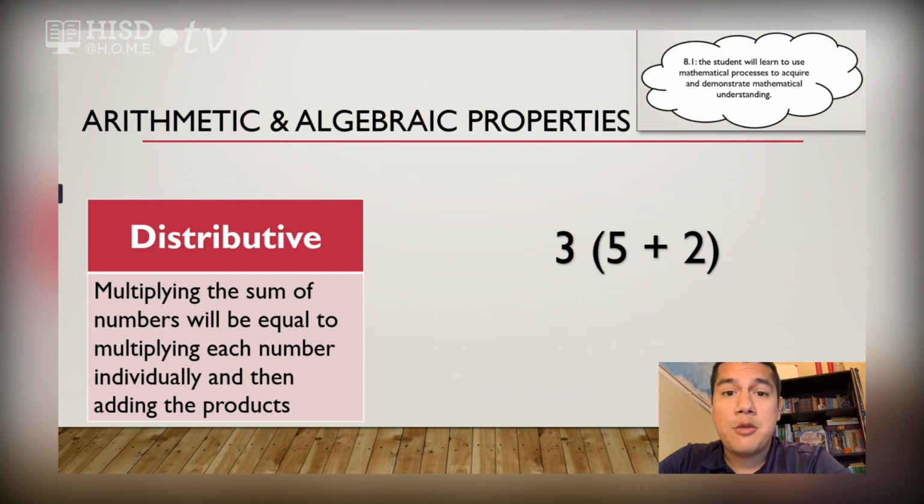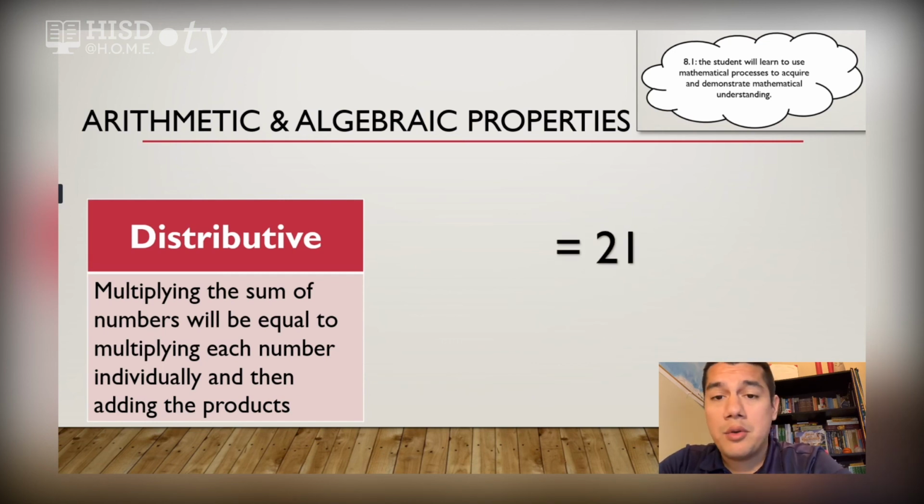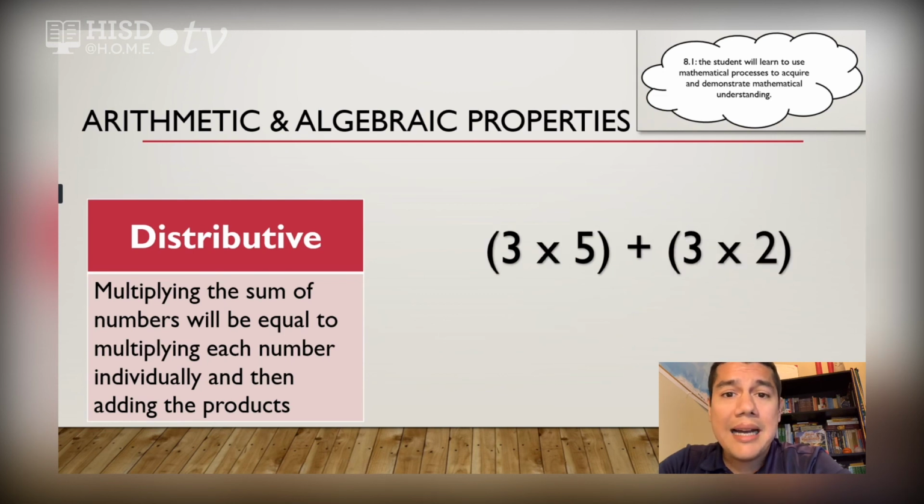If I have the expression 3 times the sum of 5 plus 2, I can just approach this expression as adding first 5 plus 2, which is 7, and then multiplying that times 3, which will give me the number 21. But the distributive property tells us that we can also approach this as